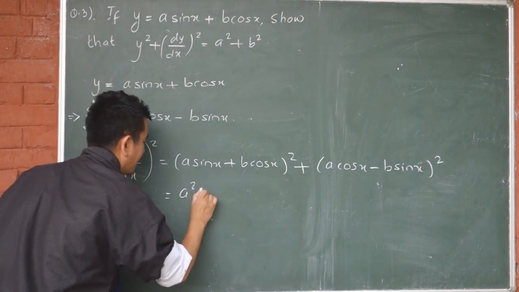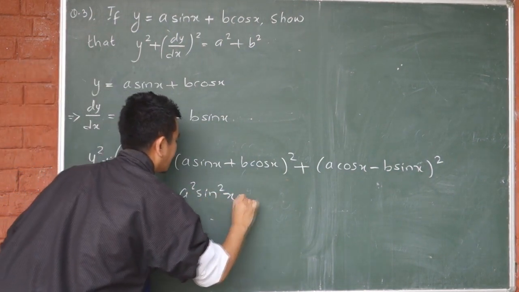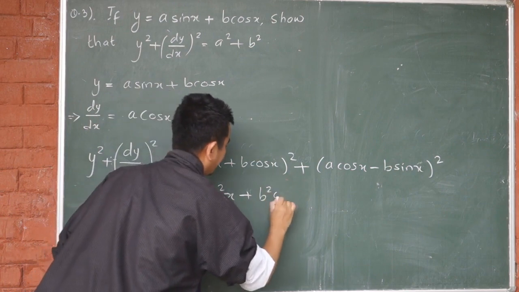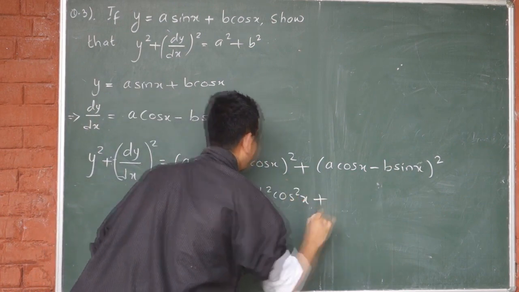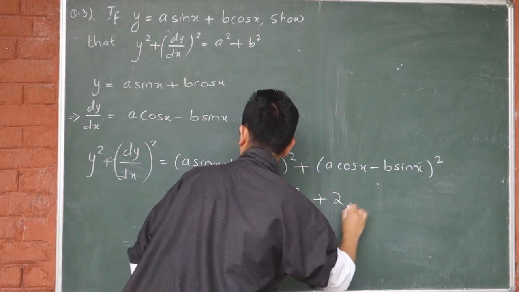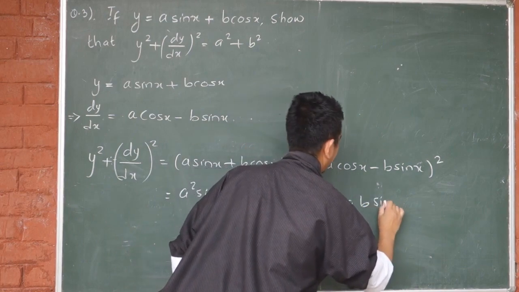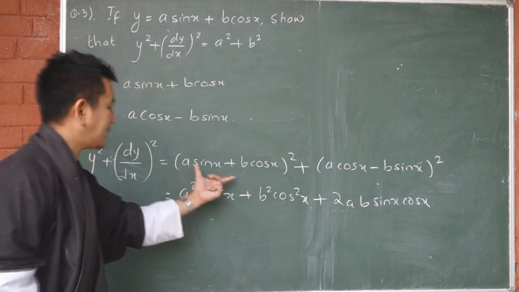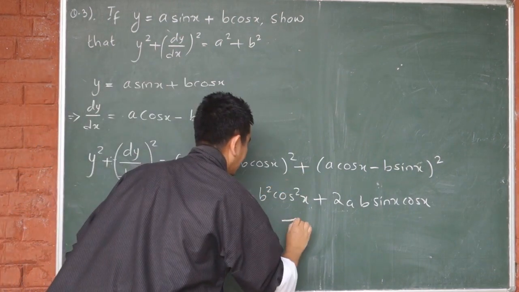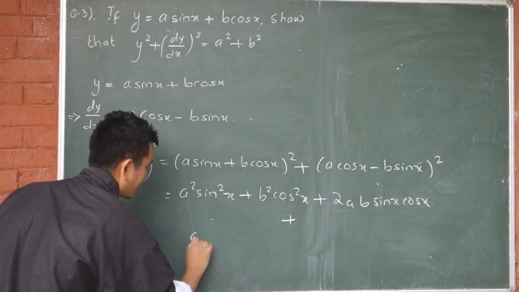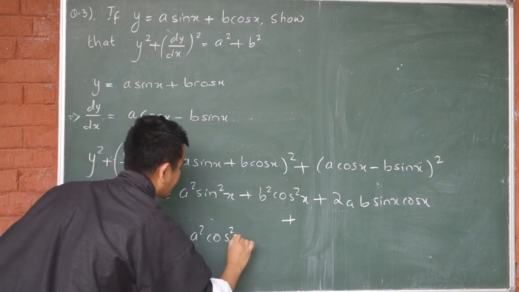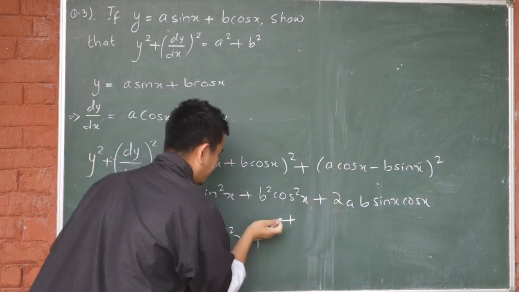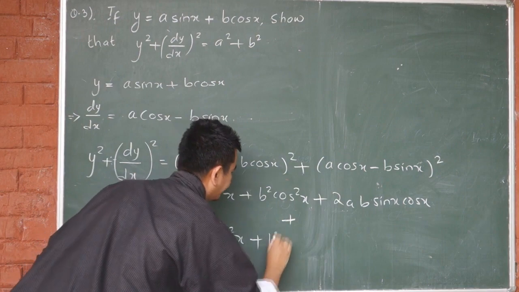Expand it: a square plus b square plus 2ab sin x cos x. Is that okay? Expand this plus. Now please expand this now: a square